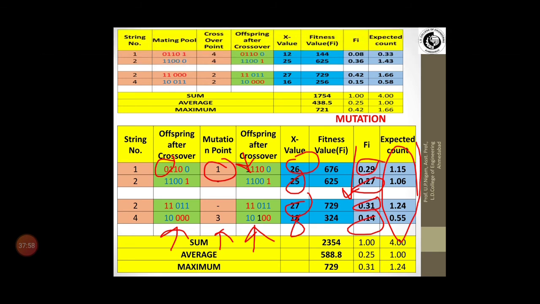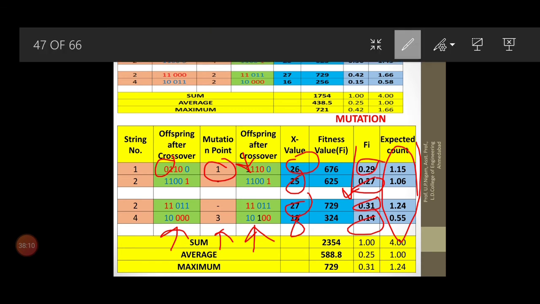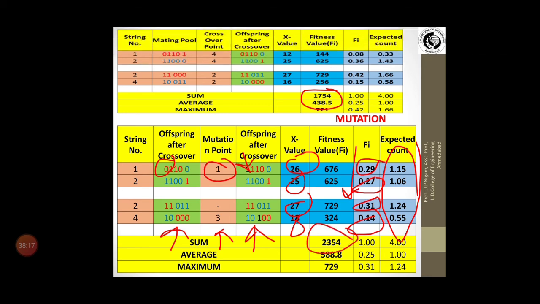So that thing is there, we are reaching towards the probable solution. So this is after selection, then after crossover and mutation, we are getting the result. Here if you will see, the total sum was 1750, and now it has increased to 2354. So those values can be seen, and what we can say is the mutation is